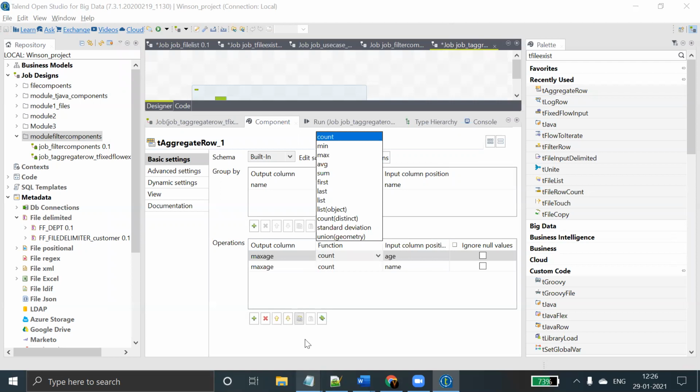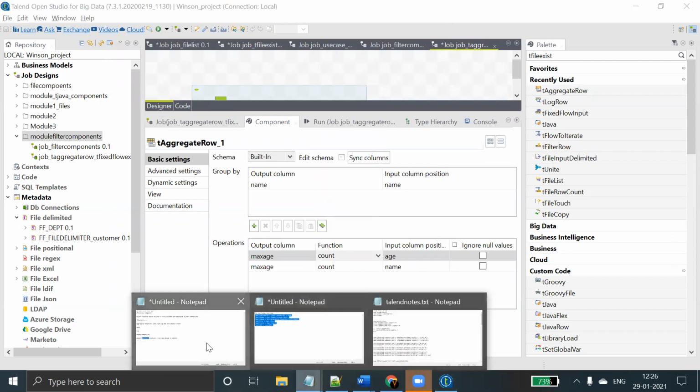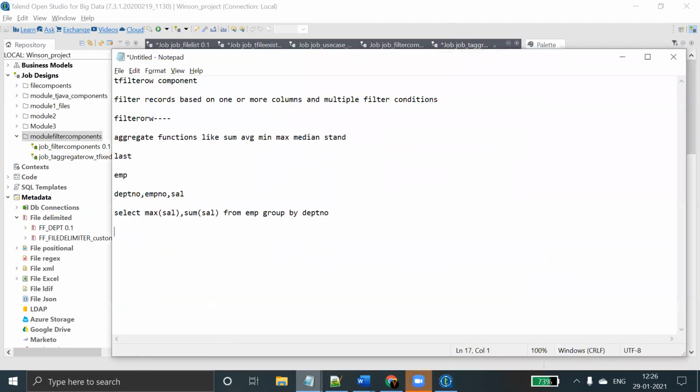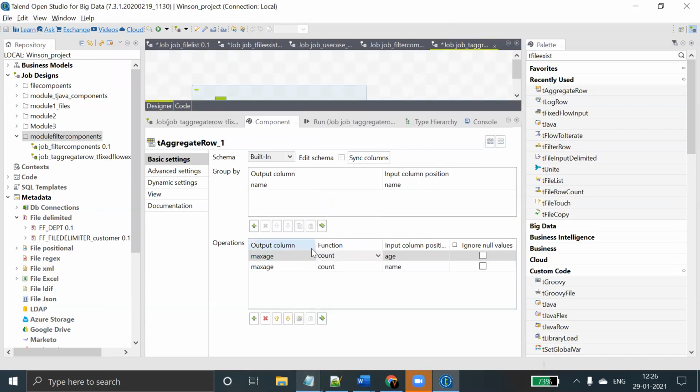Suppose in the group, your list of columns are there. Suppose you are using department number 10, comma salary, let's say 10 comma 1000, 10 comma 2000, 10 comma 3000. This is one example. When you use group by of department number, suppose I want the first value or last value from this group, 1000 or 3000. In that case, you can use these functions, first or last value.